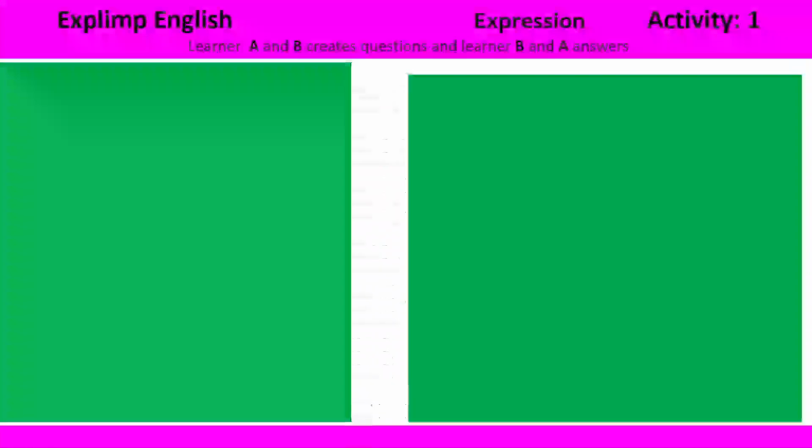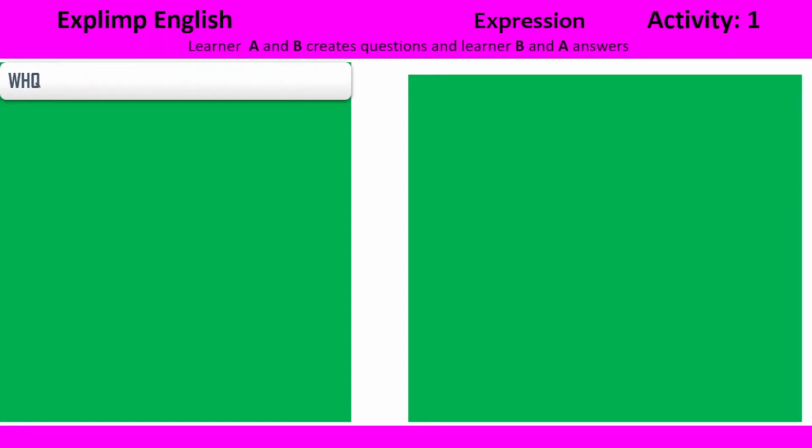Now, what is the next thing? The next thing is we want to add some WH questions, right? What we do, we put each WH question at the start of the phrase, like the previous phrase, and then you'd see you could create more questions, right? Okay. The first one is what.